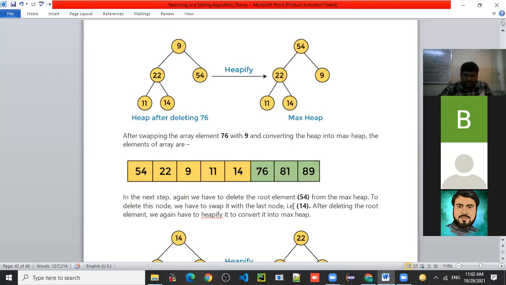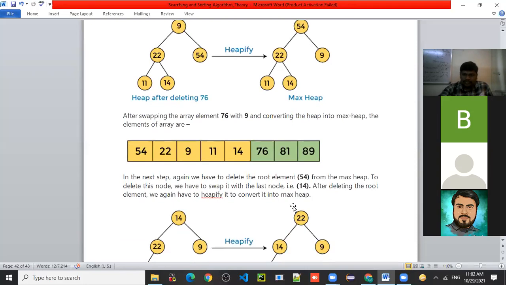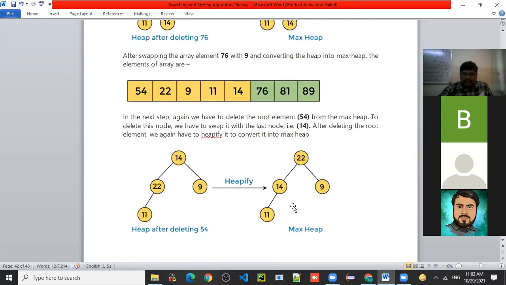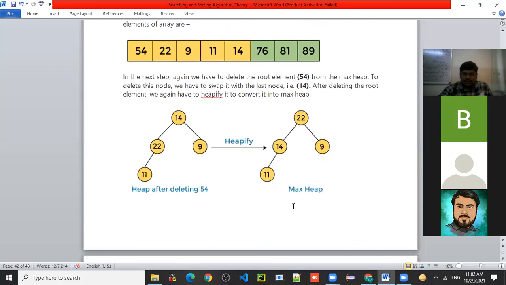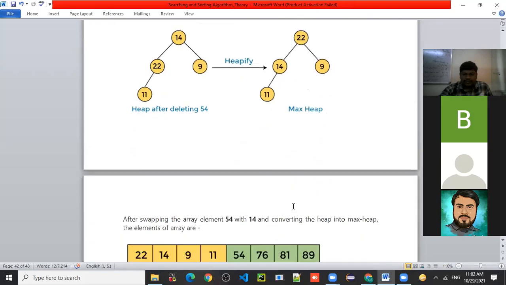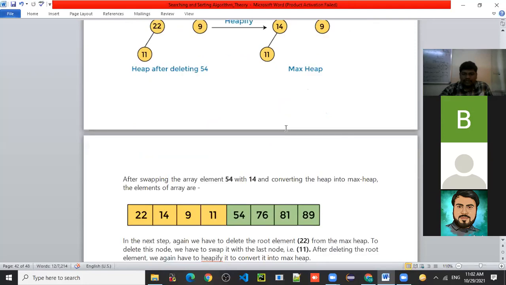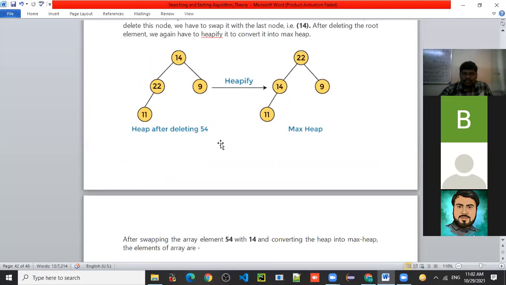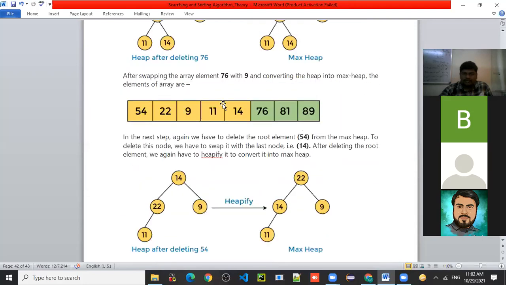Now next, which root element do we need to delete? 54. The same steps we will apply here. Just observe here. What comes after 54? Whom is 54 replaced with here? 54 with 14, right?